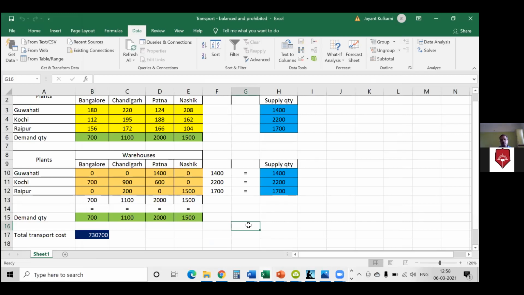Okay. Others, if you're not using Excel at the moment, then I would strongly recommend that whenever you get time, try this whole thing again on Excel. There is no other way. There is absolutely no other way of understanding this unless you do it yourself. Yeah, Ananya, I'll repeat it from the variable part in a minute. Just give me a minute. So others, the only way to learn this is to do it yourself on Excel. If you don't do it, you will absolutely not understand this. Okay.